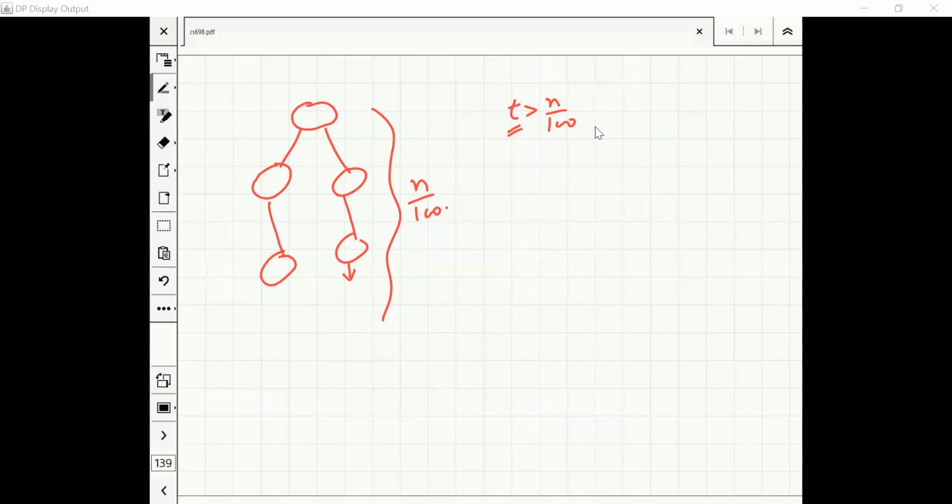Yes. Could you repeat the argument once? I'm saying if the computational path has length less than n by 100 and t is greater than n by 100, obviously t is less than n by 2, right? This is what we assume. So if t is more than n by 100, and I have only seen n by 100 values, there are values by which I can make the Hamming weight to be t or t minus 1. That means this computational path cannot answer correctly on all the inputs. Correct?